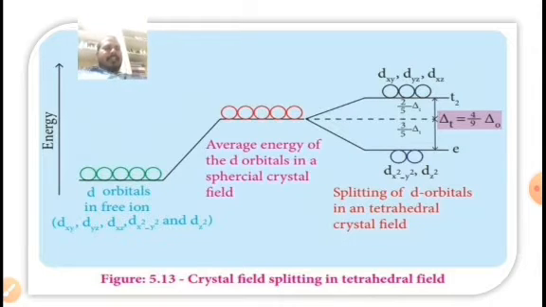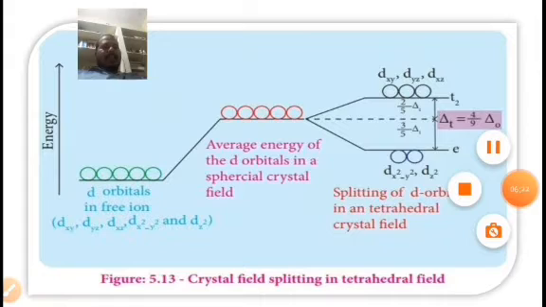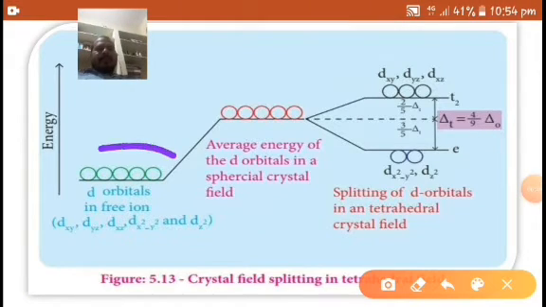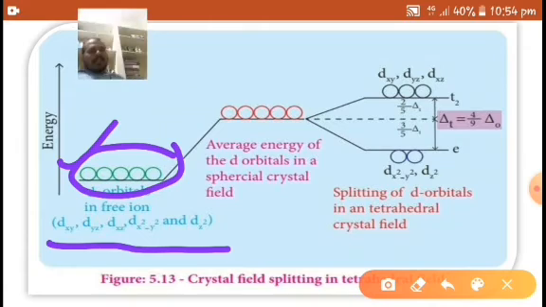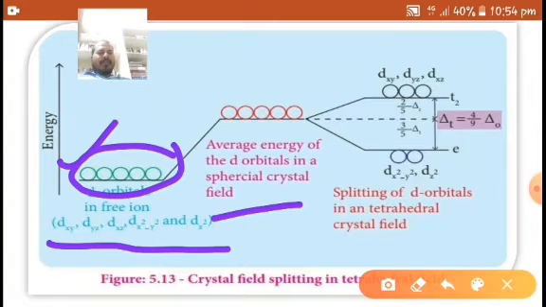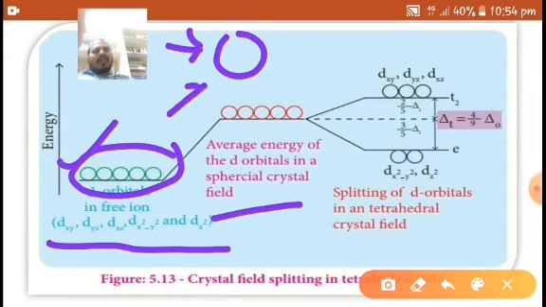In this slide we can understand this concept. In the absence of ligands, these are five degenerate d orbitals, meaning all d orbitals have the same energy. Let us consider the approach of the ligands toward the metal ion as a two-step process. In the first step, the ligands approach and produce a hypothetical spherical field, meaning the ligands approach in a spherical manner, which repels all of the orbitals to the same extent.